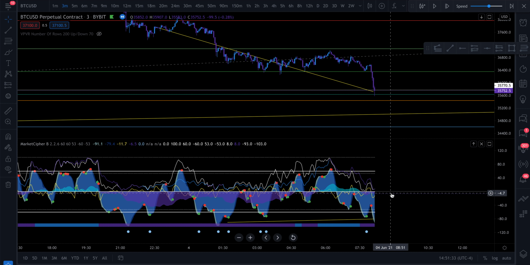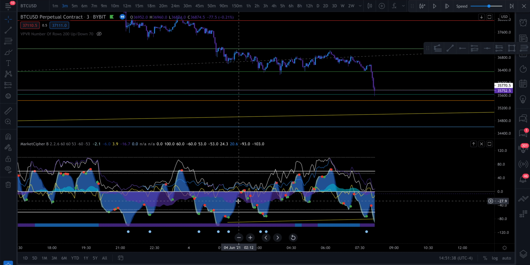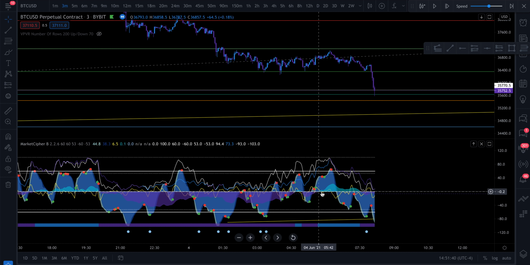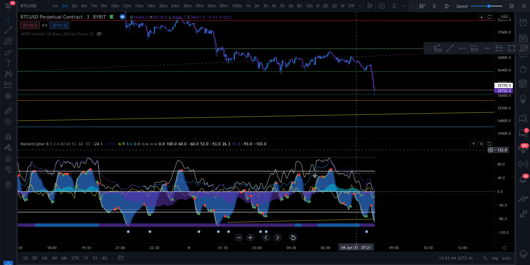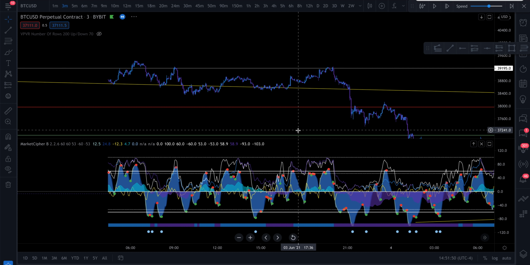Because remember, the money flow, crypto face likens it to water in a garden. When the water is coming into a garden, things are going to grow. When the money is coming into Bitcoin, the price is going to go up. When the money is leaving Bitcoin, the price is going to go down. We can see the opposite being true,